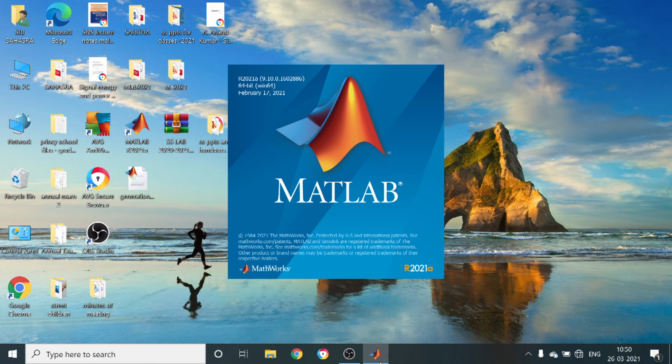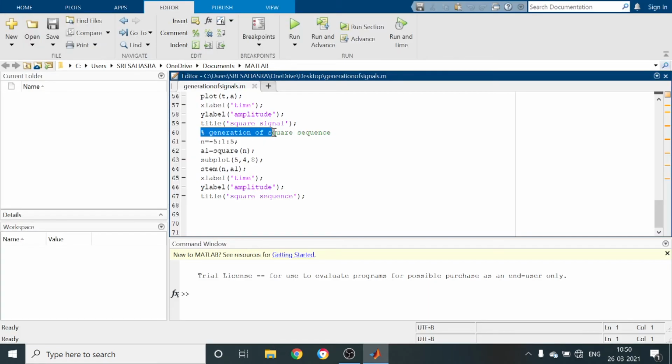Next thing is generation of sawtooth signal by using the direct command sawtooth.